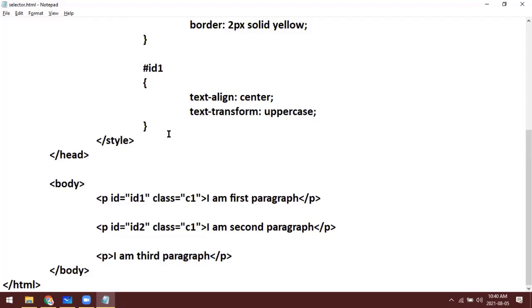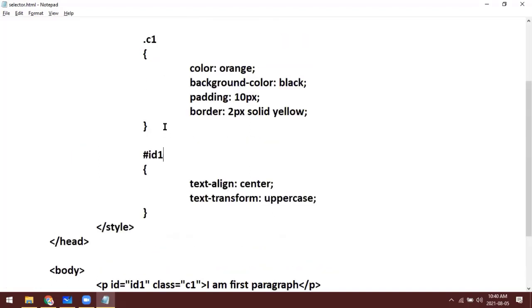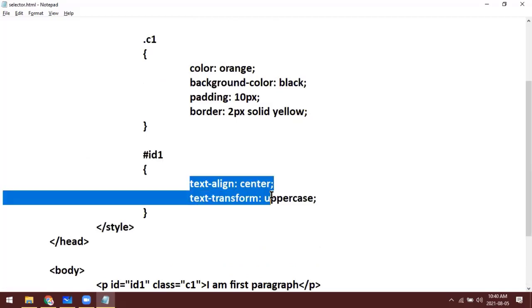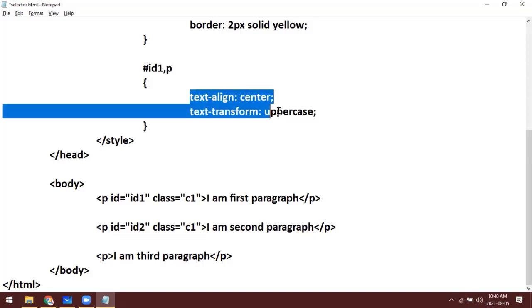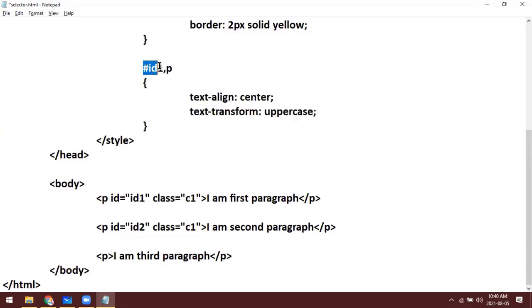Also we discussed in the last class, if you want to apply the same style to more than one HTML element within the same CSS selector, you can just separate them by a comma. What is the meaning of this? We want to apply this style to ID1 and also to the paragraph tag.